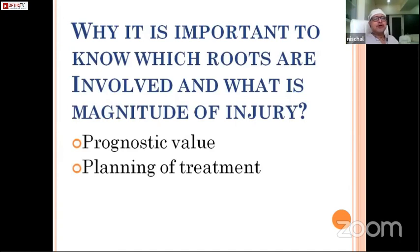So that is one point which is very important. And why it is important to know which roots are involved and what is the magnitude of injury, why you need to clinically assess each and every muscle individually, because it has prognostic value. The more the number of roots involved, the prognosis is a little less. Again, when the lower trunk or C8, T1 are involved, the result that we are going to get will be a little less than what we get in surgery involving only C5, C6 or C5, 6 and 7. And again, getting an MRI and other investigations done, EMG, NCV, helps us in planning the